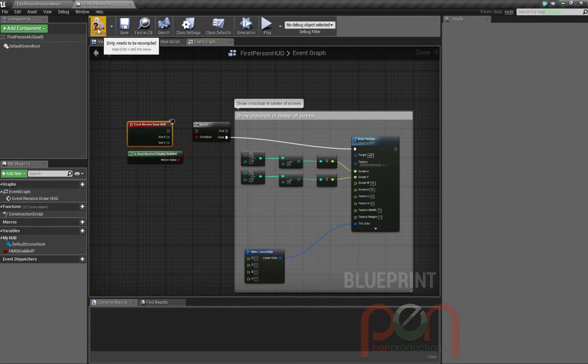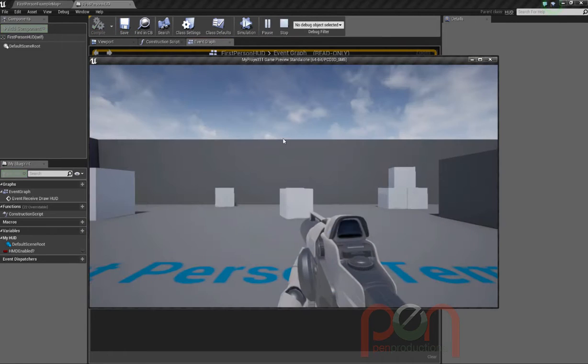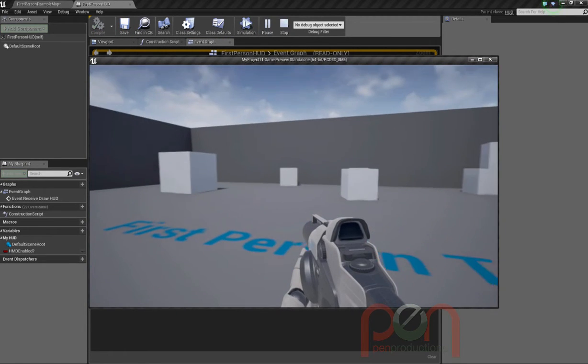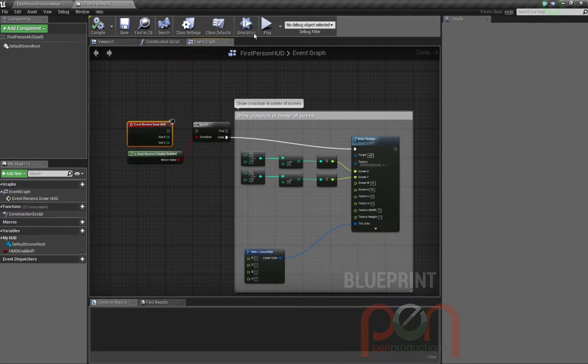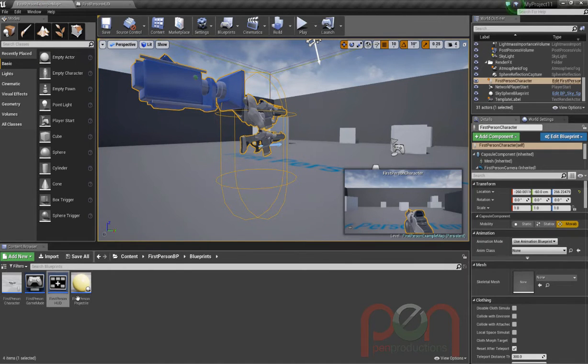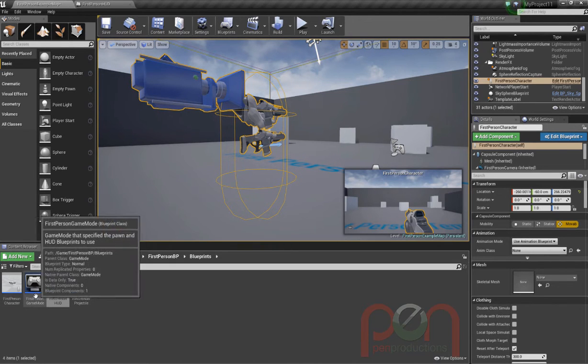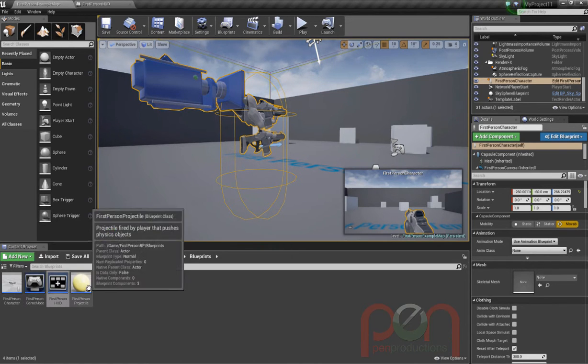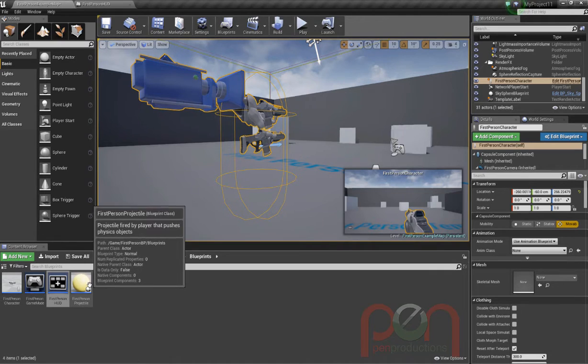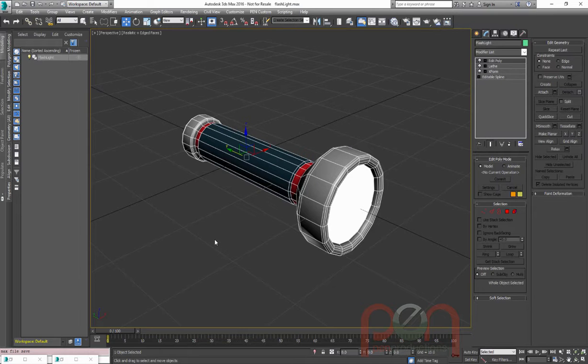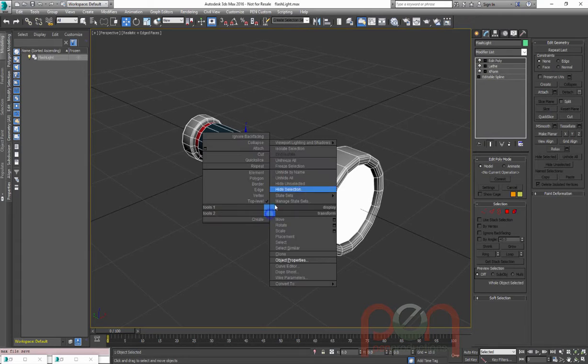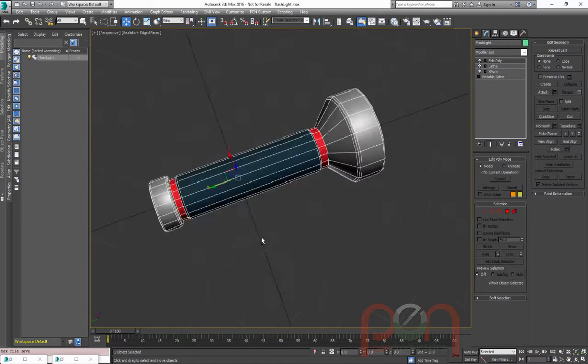So if I compile that, make sure it compiles without error, save it, and hit play, you'll see now that we no longer have crosshairs on the screen. So back over again, as we work on this, we should import our mesh. Maybe we should do that now before we get into this next piece, because it's going to get a little bit more complicated. Real fancy mesh here, a flashlight that I built in a couple of minutes just from a lathe,